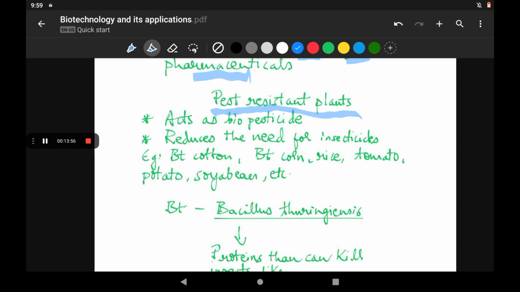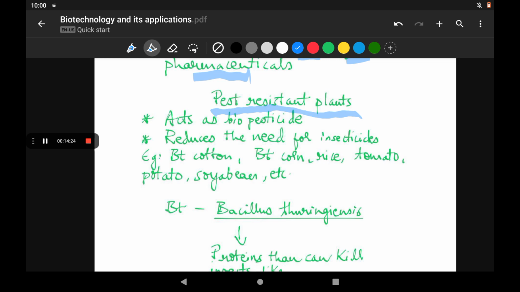So BT cotton, the Bacillus thuringiensis, we have obtained a toxic gene, the Cry1AC and Cry2AB, which can be utilized for controlling bollworms in cotton, and Cry1AB can be utilized for controlling the stem borer. So the BT corn, rice, tomato, potato, soybeans, they are all the pest-resistant plants which prevent the farmer from using